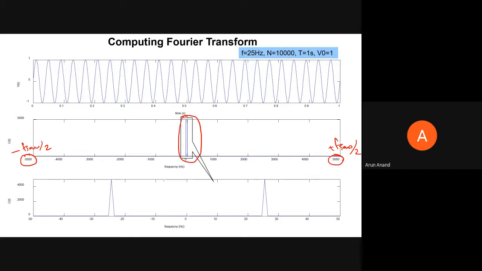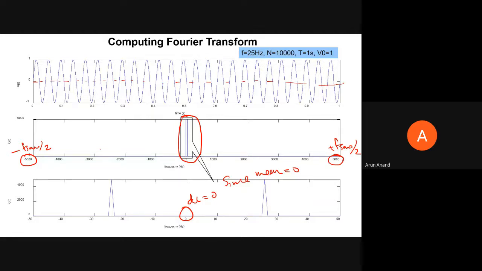You can see here that the DC part is 0. Why is there no DC part? Because the mean value is 0. If it's a pure sine, the mean value is 0. So that is why there is no DC part here. DC is equal to 0 since the mean is equal to 0. If you don't have any mean value, the DC part is equal to 0. Clear? Yes, sir. Okay.